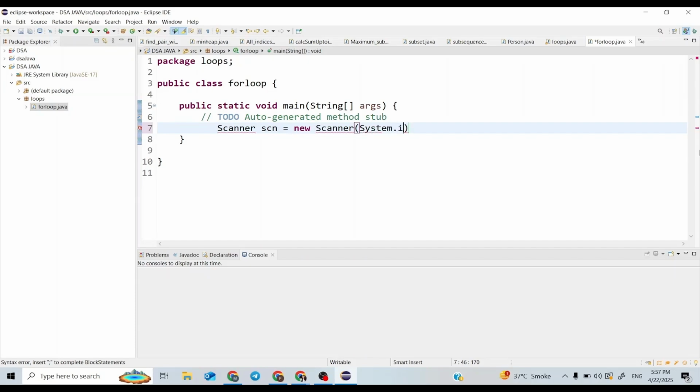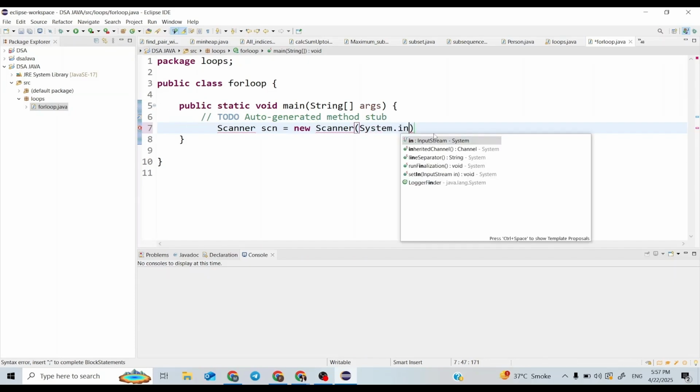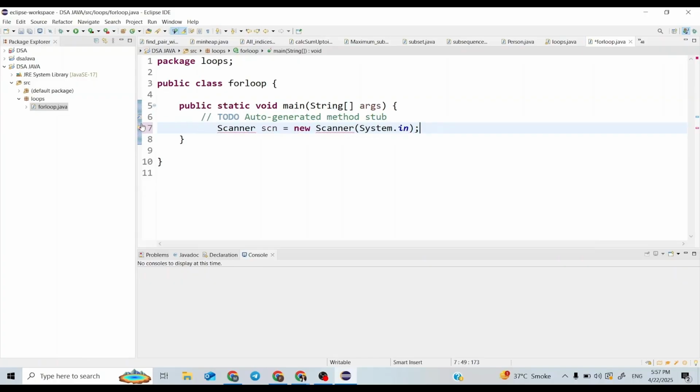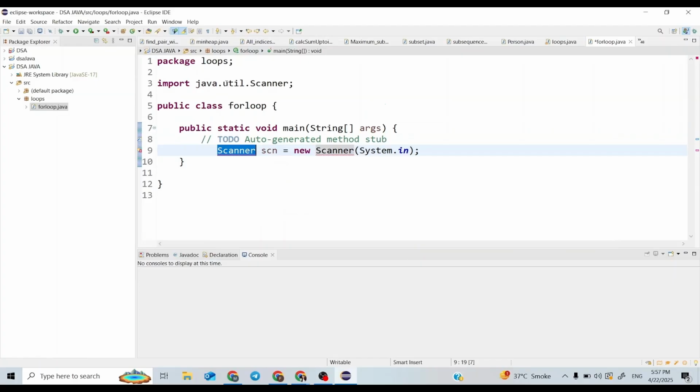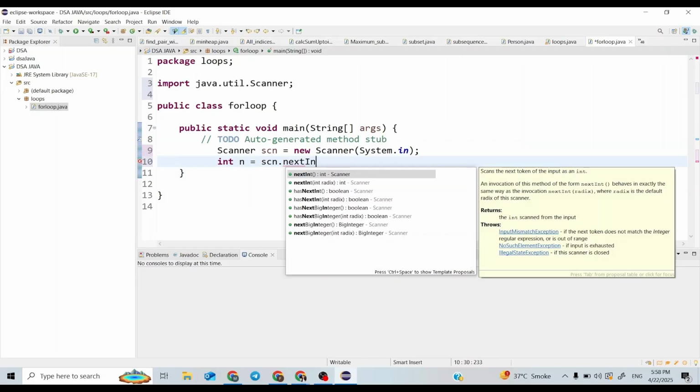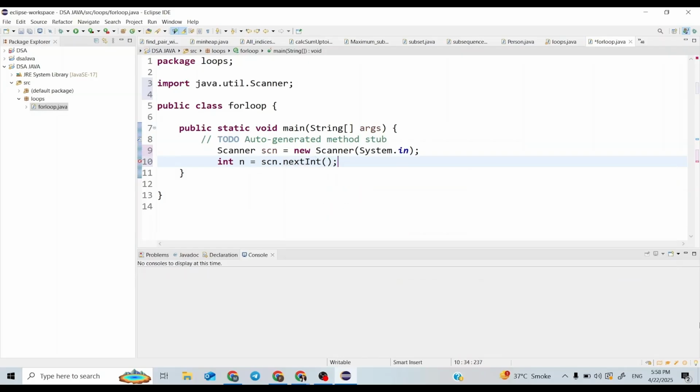So the Scanner library gets imported, which is inside java.util, and now I can take input from the user. So I want an integer, so I will write nextInt. If you want a float, you can write nextFloat.